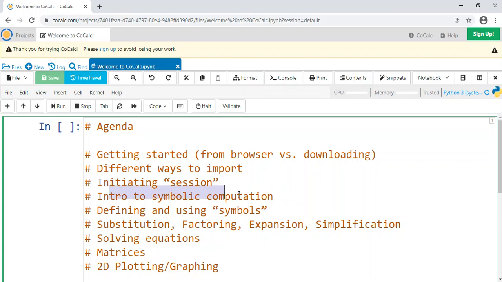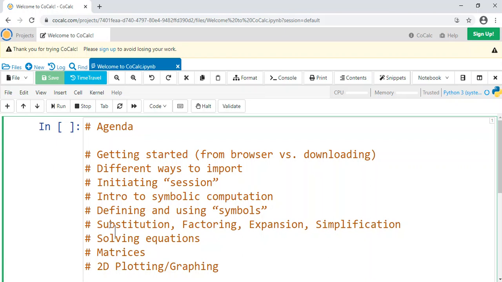We'll talk about an introduction to what we mean by symbolic computation, which is really what SymPy is used for, doing math and keeping things in a symbolic form. We'll discuss defining and using quote unquote symbols, which is how we refer to what in math you would call variables in SymPy, and why we call them symbols and how to define them.